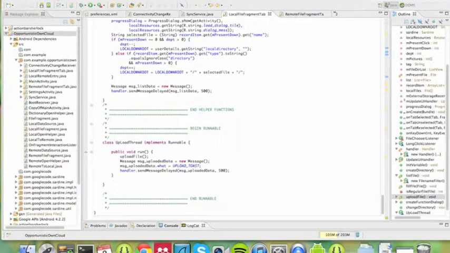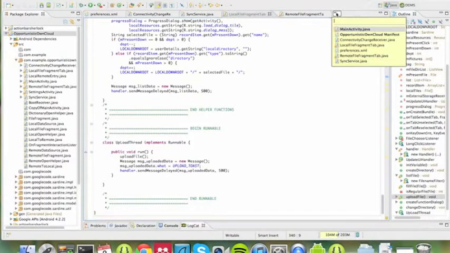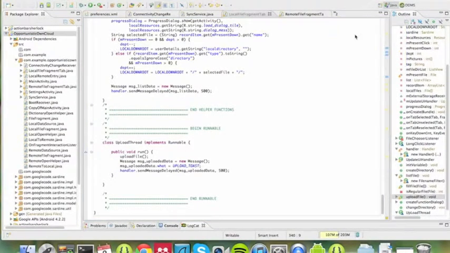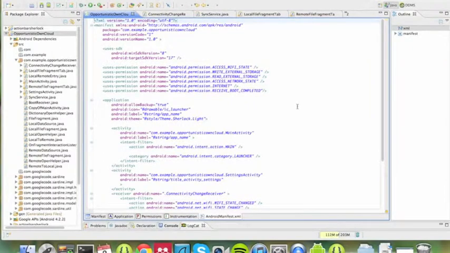Okay, so this is Morgan and Paul again, and we're going to be doing a little code walkthrough to show you some of the classes and files that we used in our application, OpportunisticOwnCloud. So the first file that we want to show is the manifest, which kind of controls everything that's going on